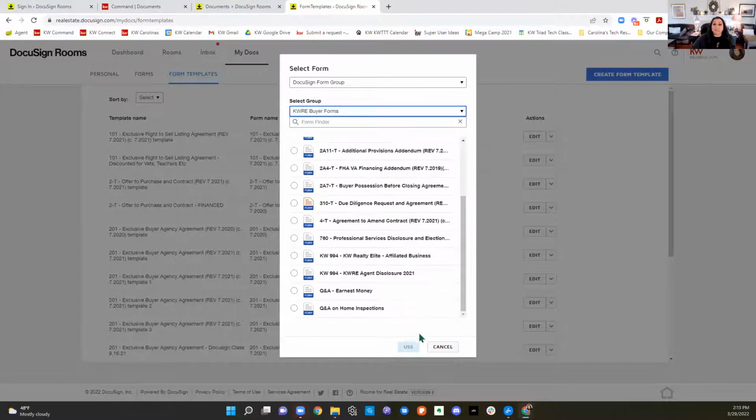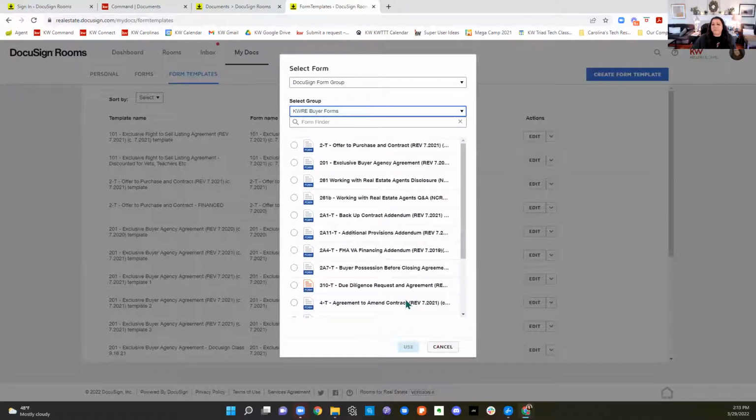So you're gonna see this is a much shorter list of forms to cull through, right? If you don't know the exact name or the number of the form or something, okay? So I'm gonna pick the offer to purchase, okay? So let's look at the offer to purchase. I'm going to click use. And we won't go all the way through this because it's a super long form, but I'll show you what